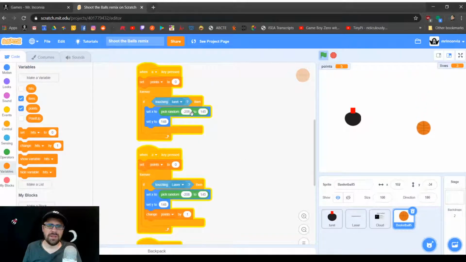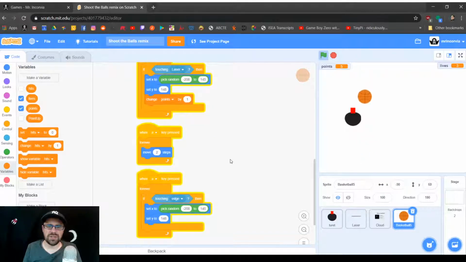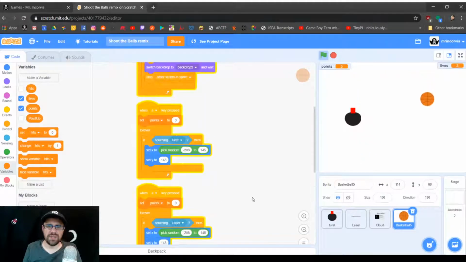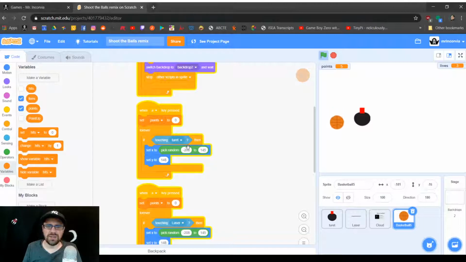If touching turret, go to random position. If touching laser, cool, so that's if it gets shot. If touching edge. But nothing happens if it touches the player, right? There's no touching turret. So here's the turret. If touching turret, yeah, it does reset, which is good, but it doesn't take away any life. So let's do